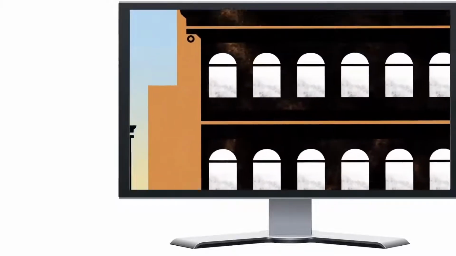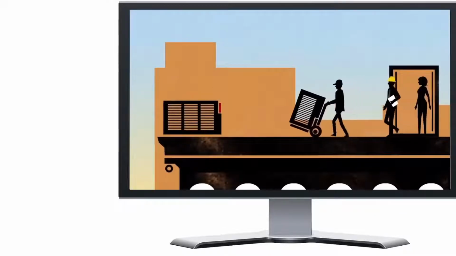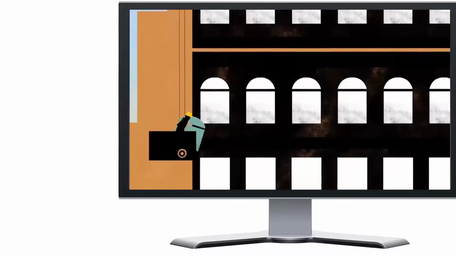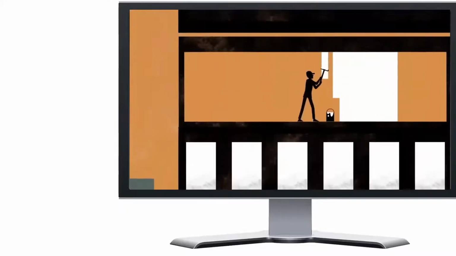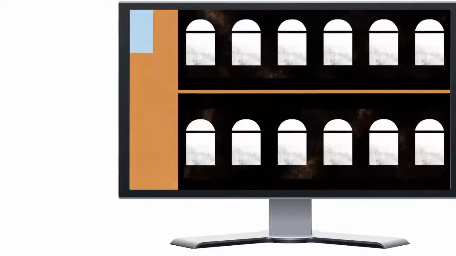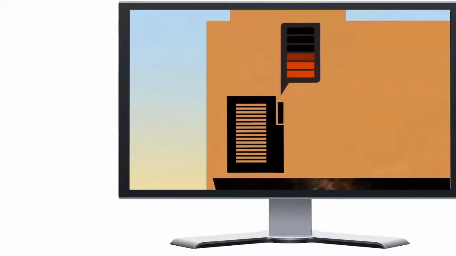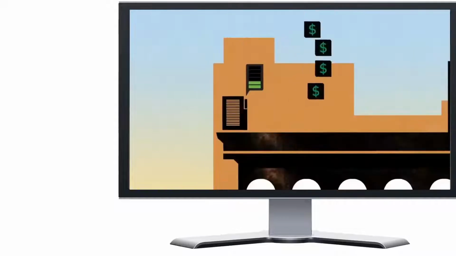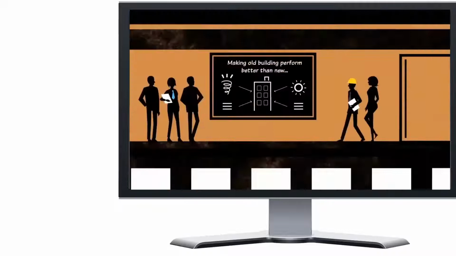For example, if an old mechanical unit fails, there are improvements you can make before replacing it. Things like upgrading windows and insulation, painting interiors a lighter color, and adding daylighting to reduce the load of the building. Now a smaller unit does the job, and the cost savings from the smaller unit pay for the previous upgrades. And by planning with tenants, owners can